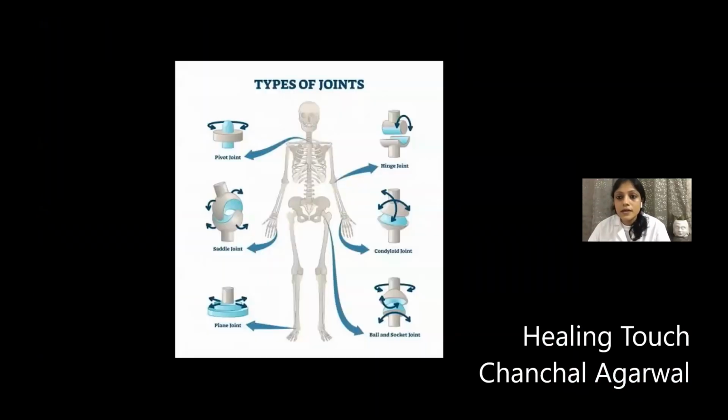ये थोड़ा सा ना ऐसे लग रहा होगा कि अरे बाप रे इतने टाइप के जॉइंट होते हैं. ये सारे साइनोवियल जॉइंट है. ये जितने भी जॉइंट यहाँ दिखा रखे हैं ना, इन सबको हम क्या बोलते हैं? साइनोवियल ही जॉइंट बोलते हैं. सो अगर आप पाइवट जॉइंट बोलते हैं या सैडल जॉइंट बोलते हैं, प्लेन जॉइंट बोलते हैं, हिंज जॉइंट और कॉन्डिलॉइड जॉइंट और बॉल एंड सॉकेट जॉइंट,